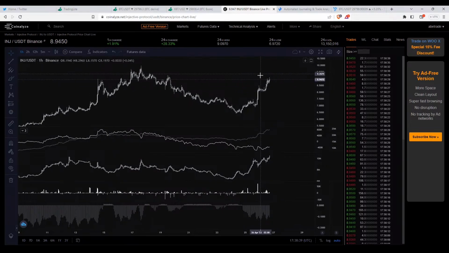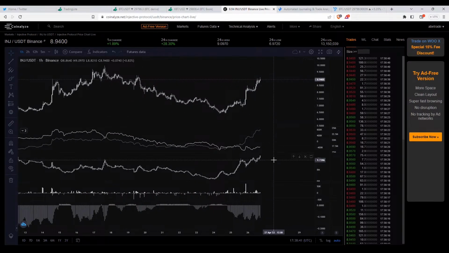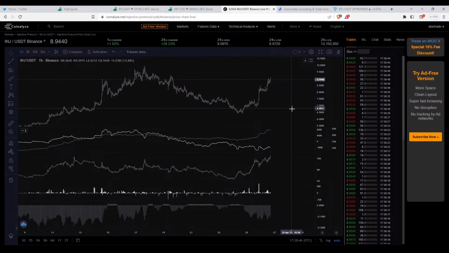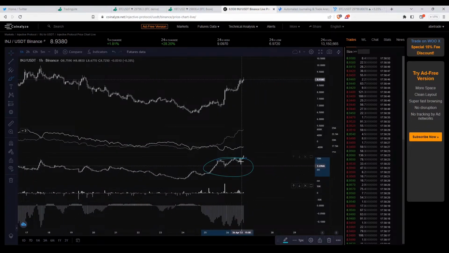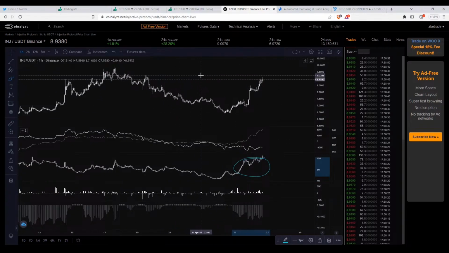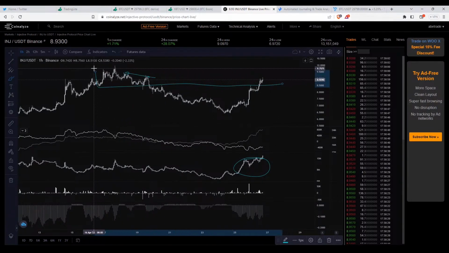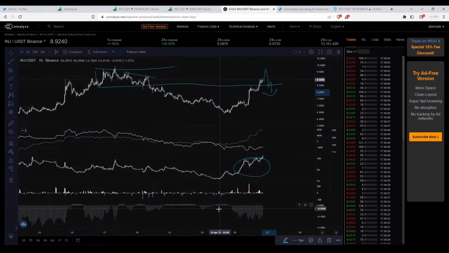This seems to me like people are chasing, and if this would reverse, then I would feel like the next leg down would be much more violent because of how much people actually bought this on perps here as well. But I would still not try to find the top on this. It looks similar to BTC. We have these highs here, this previous distribution area, so maybe on a huge spike, then try to short this under.